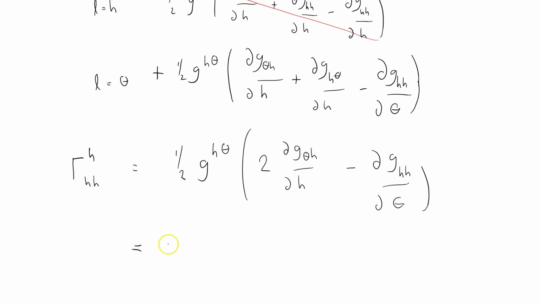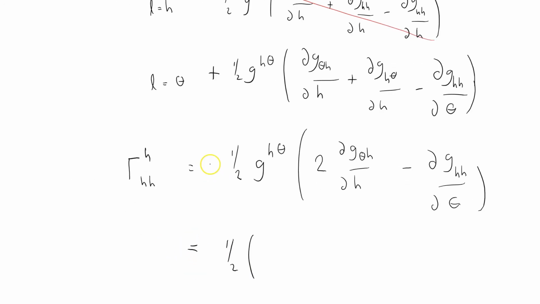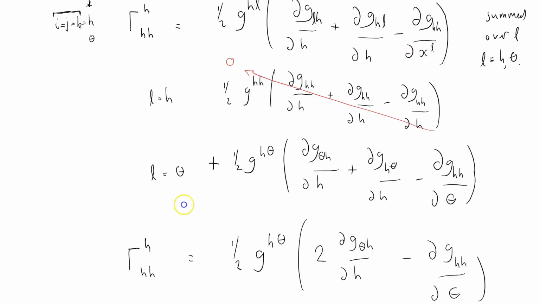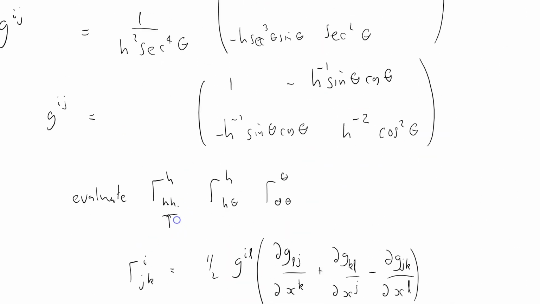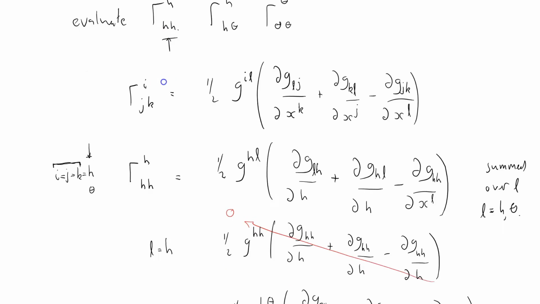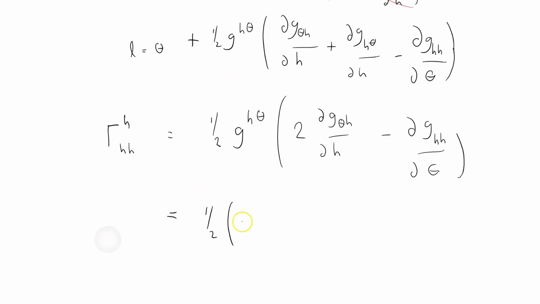Great. Equals 1/2 times H G with contravariant indices H and theta, so I'm going to have to scroll back up. It's this guy here, minus H minus 1 sine theta cos theta. Minus H minus 1 sine theta cos theta, that's that term there, times,